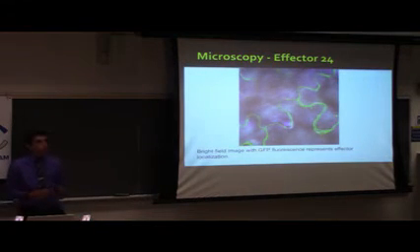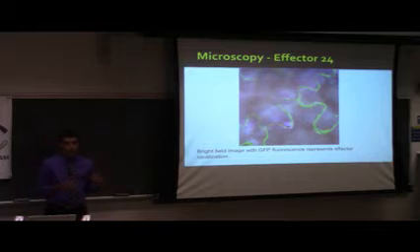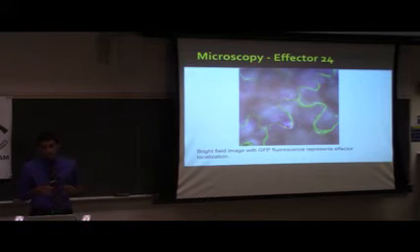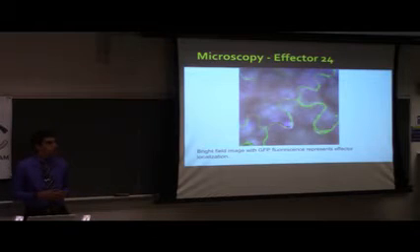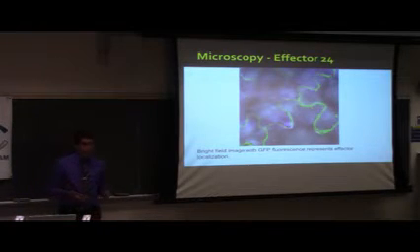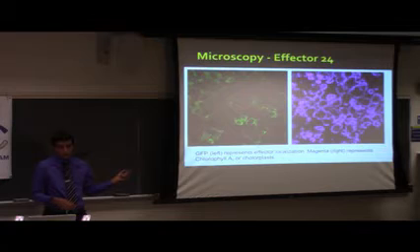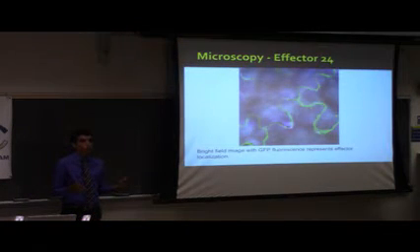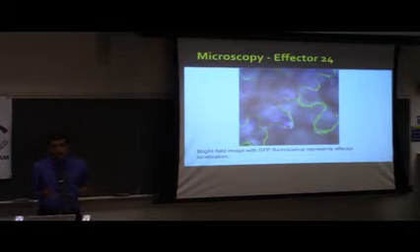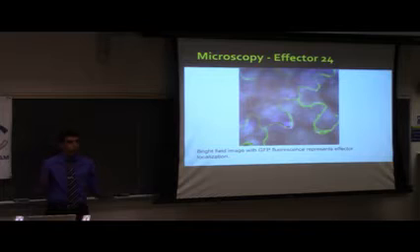This is another image of effector 24. This was taken with a bright field. So we can see the GFP glowing, fluorescing from the plasma membrane. So what was interesting about 24 is that in both of these pictures, this one localized to the mesophyll cell membrane, and this one localized to the cell plasma membrane. So we generalized the results to be that effector 24 localizes to membranes in general, not specific to the plasma membrane, and not specific to any other membrane. It just targets membranes in general.